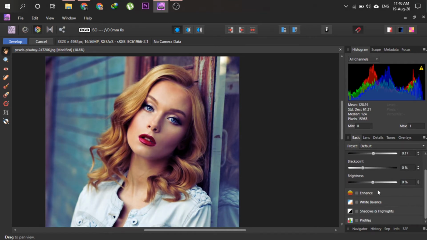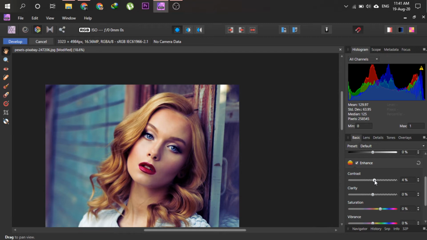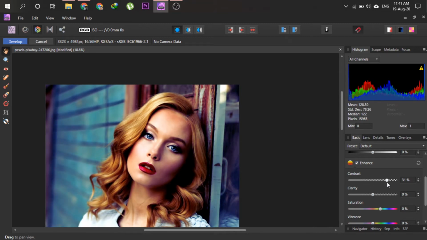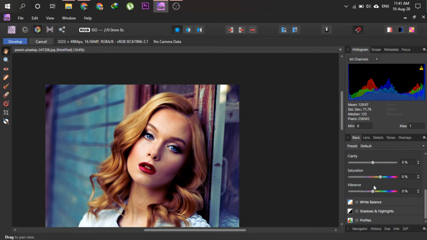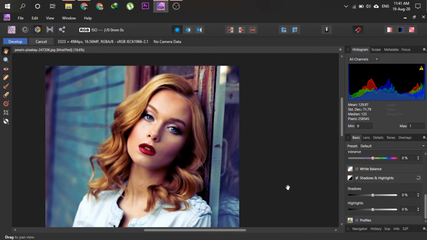Now we are going to increase the contrast as well, but when we increase contrast, you will see that all the shadows are going to clip like this. So make sure you don't increase contrast too much. We can change the amount of contrast later, but increase it a little bit, like 12%. Go to shadows and highlights. Change the image size so you can see very well.